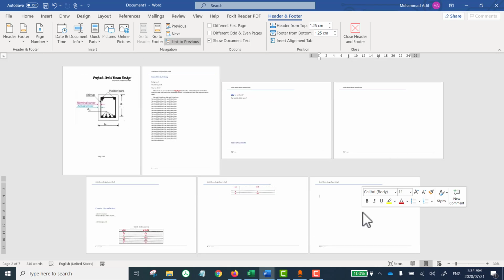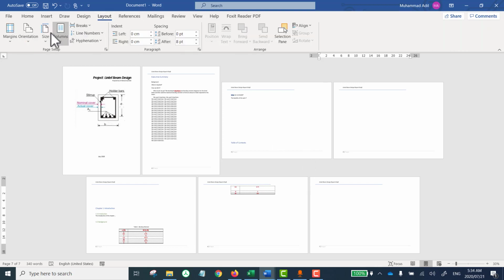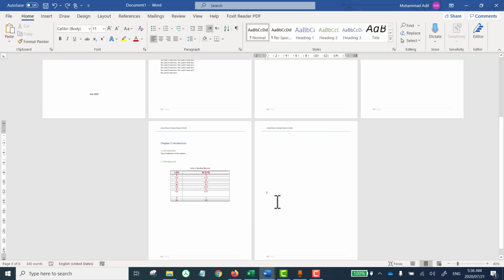And what we want is that only this page is landscape while all of them are portrait. So let me click on this page. On layout, I go back and change it to portrait first of all, and then on this page. Now in order to do so, to change,